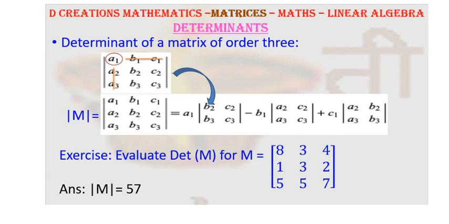So, what is the takeaway for this episode? You will take a 3 by 3 matrix, follow this path, and it will lead you to a single number. That is the idea of a 3 by 3 determinant. These are very useful for solving linear equations, for finding out the inverse of a matrix, etc.